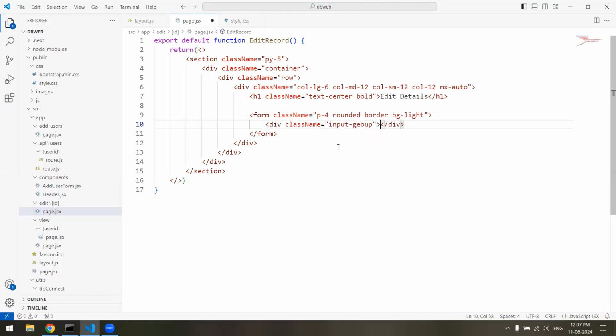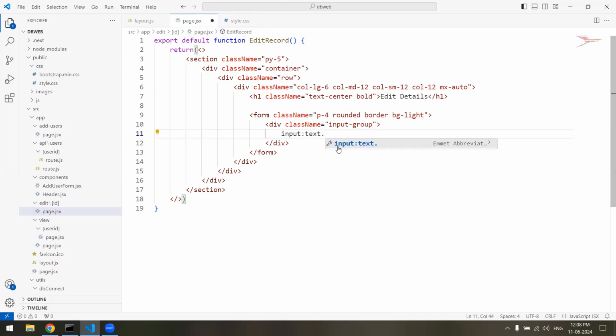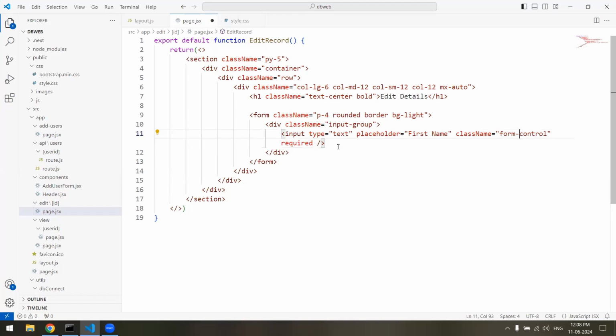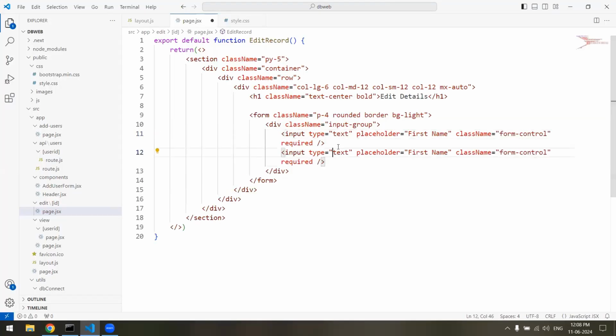Input group, and then input text.form-control, and placeholder first name. Let's make it required, and it would be